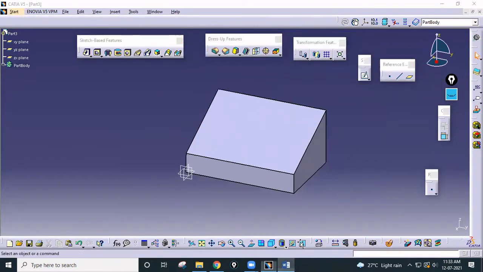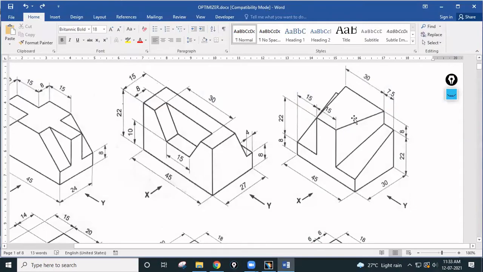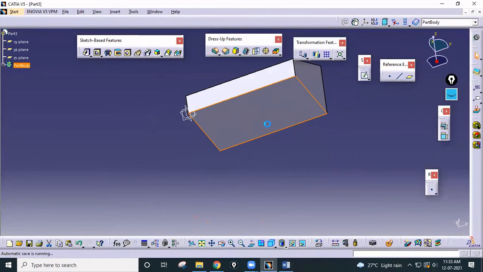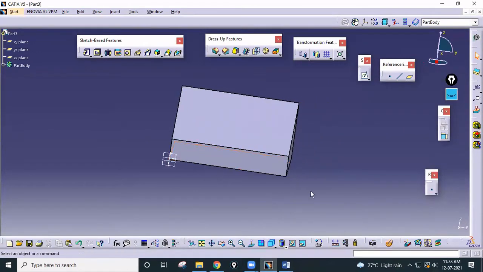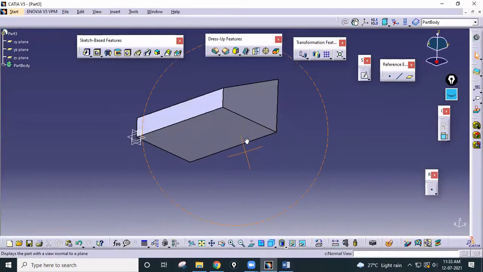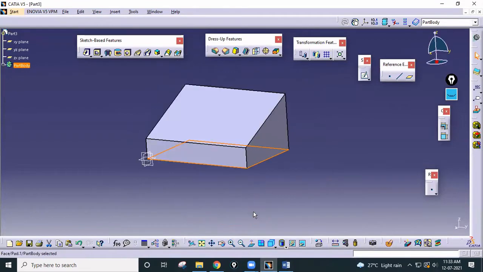Okay. Now next step is this part you have to mount. So there are two options. You can draw a sketch on this space, or you can create one new plane at around 30 mm from this bottom. So you have to make one plane here. You can draw the sketch there and pad it here, or otherwise you can draw a sketch on this and you can pad it by 45 in upward direction.